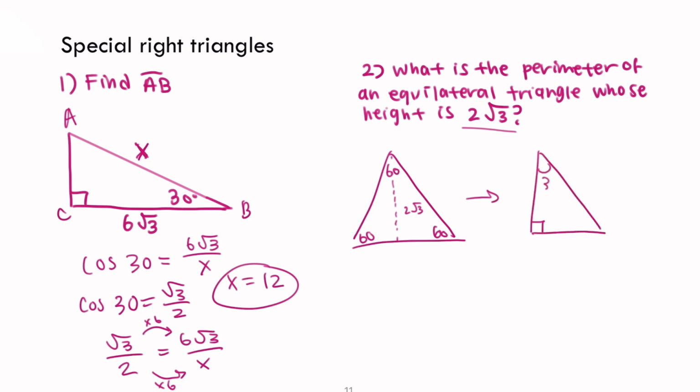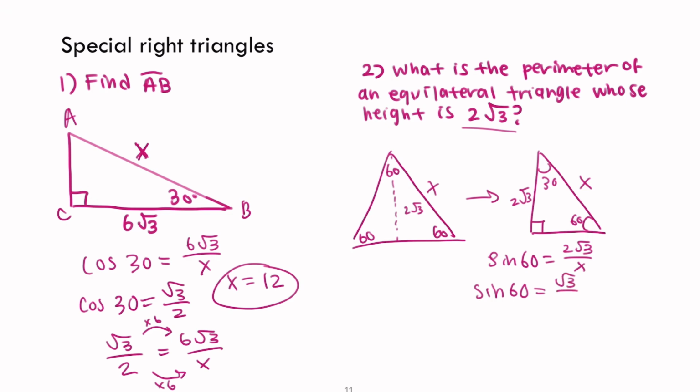So this is 90, this is 30, this is 60, and this is 2 radical 3. We can do the sine of 60 is equal to the opposite over the hypotenuse. So 2 radical 3 over x. X is going to be here because we need to find one of the side lengths to find the whole perimeter. So we know that sine of 60 is also going to be equal to